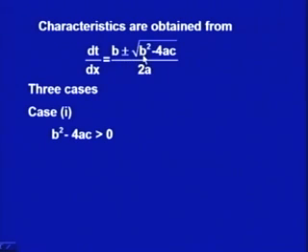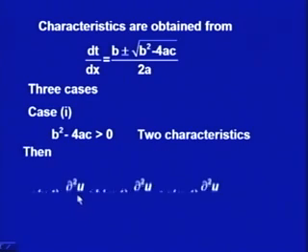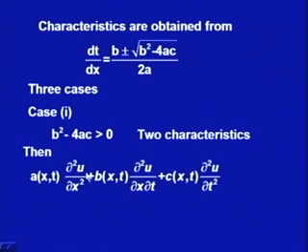So, with b plus minus, I would get two characteristics, that is, two equations which give me the characteristics: one is b plus square root of b square minus 4ac upon 2a, another is b minus square root of b square minus 4ac upon 2a. Both would be real. So, we will get two characteristics, and in this case this given equation